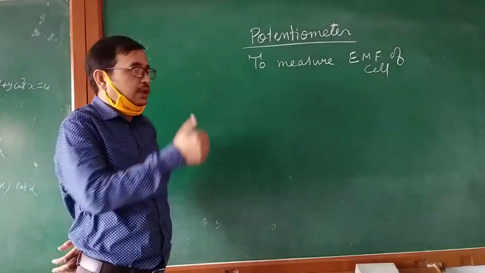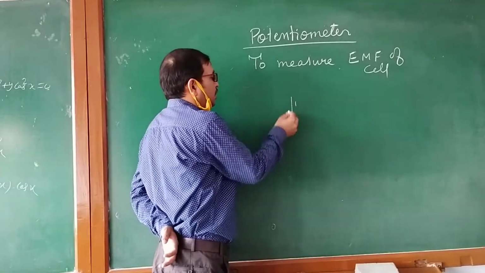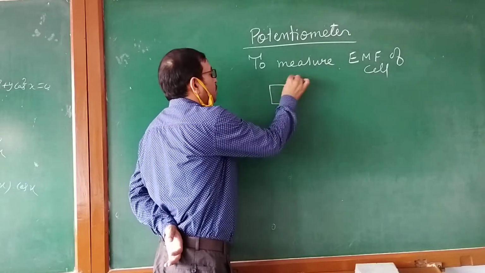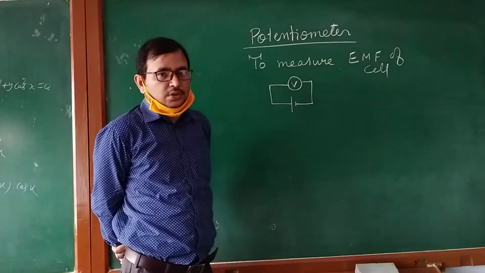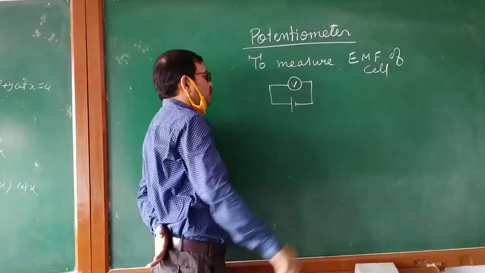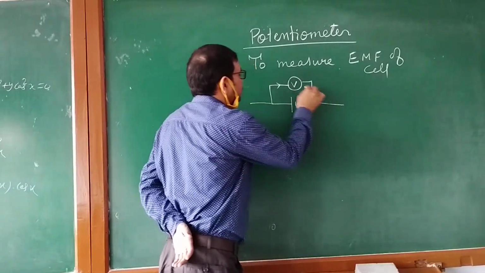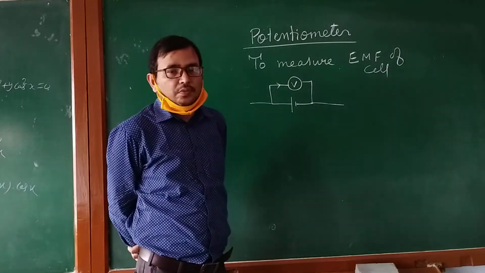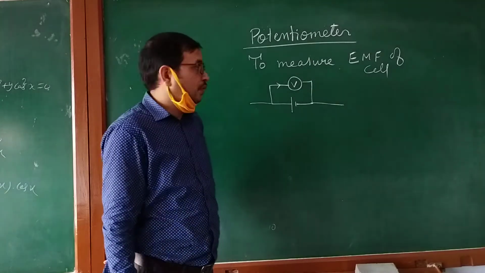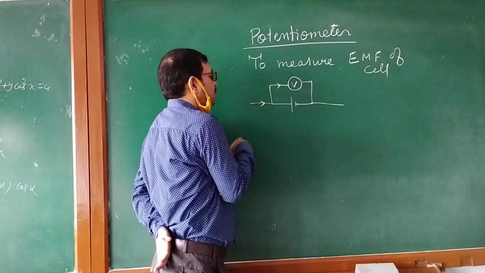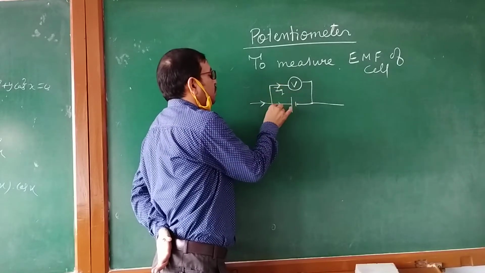Now, if it is asked why a voltmeter is not used to measure the EMF, you can understand. Suppose this is a cell and we are connecting a voltmeter to it in a combination like this. All of you know that a voltmeter is a device which uses some current for its working. Always the voltmeter takes some current for its functioning. So when it takes some current, suppose the total current coming from this side, some part will go at this side and the rest will go in this side.